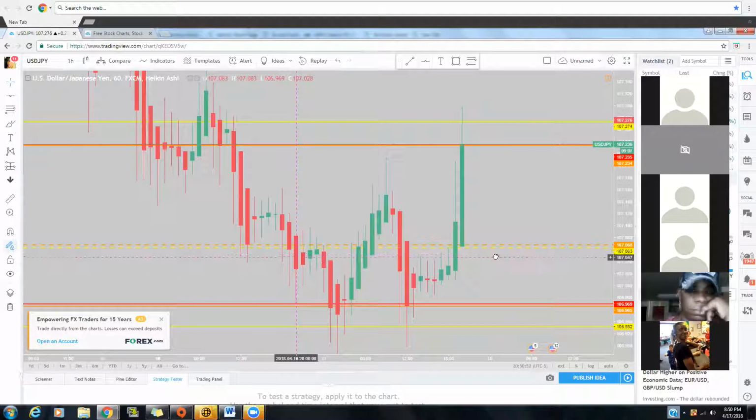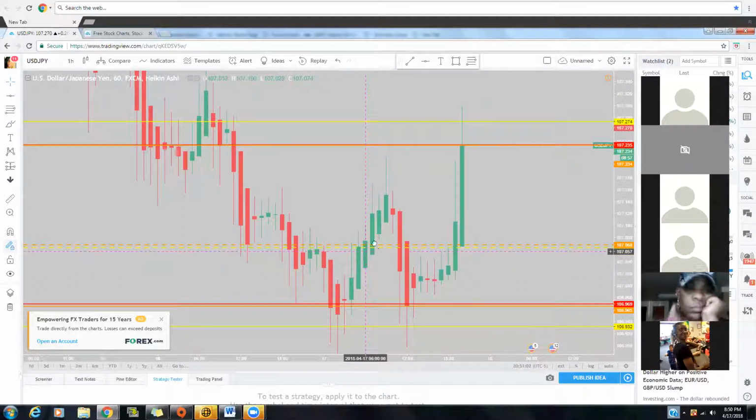So looking at our candles, what you're looking for when you're looking to see if this is something that you want to get into, one of the things that you're looking for is your candles. You're looking to have either 3 candles above or 3 candles below. By having the 3 candles above or below,